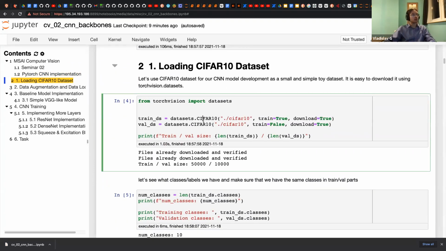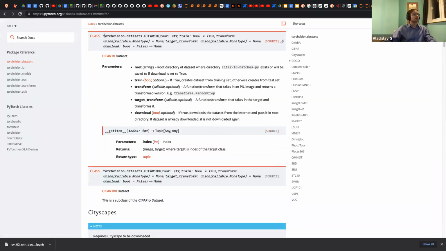So today we'll use the CIFAR 10 dataset, and it is from the Torch Vision package datasets. Here we got a list of all datasets that are presented in Torch Vision, and really this is kind of a baseline for computer vision on neural networks.